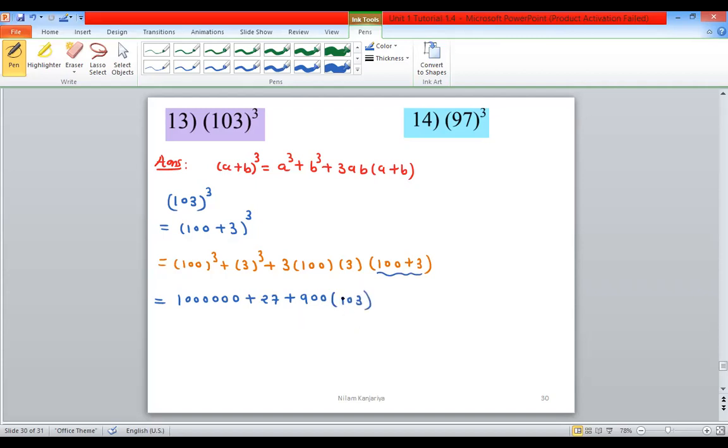So first of all, 900 is multiplied by 103. Then take their sum. It's 92700. So if I take the addition of all the terms,